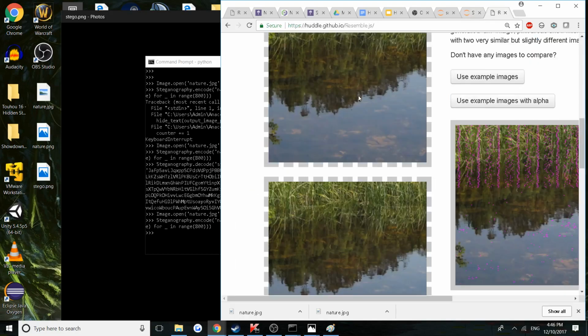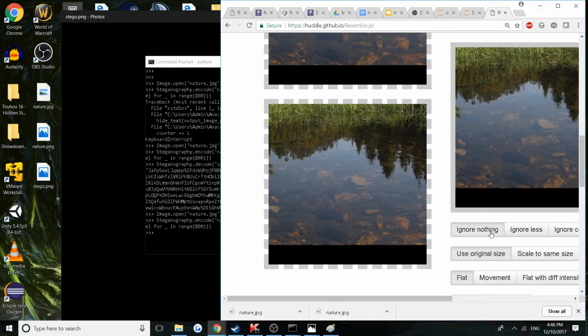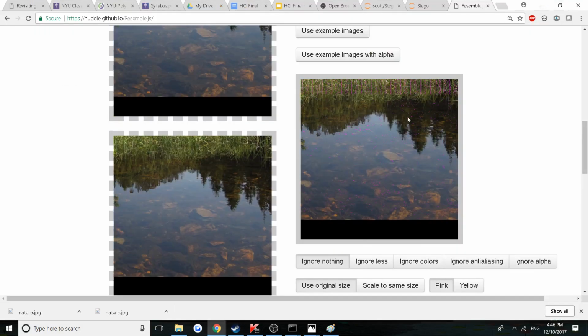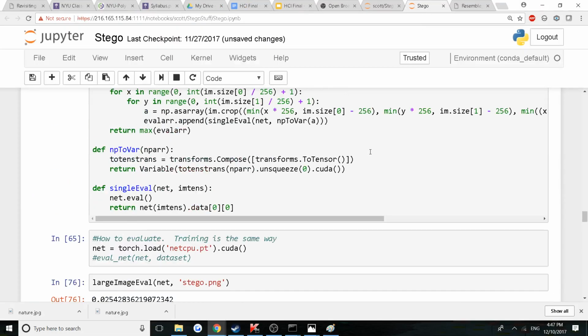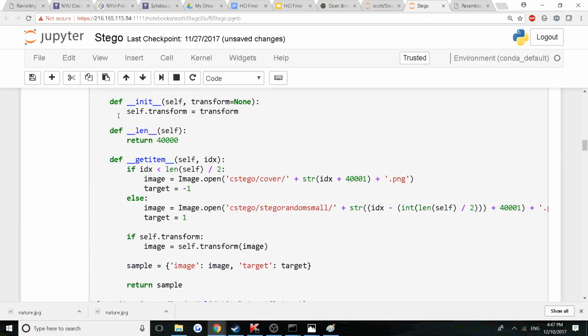And you can see, if we put this in here, it's just much sparser, the differences. It's going to be much harder for the neural network to find. So if you want to train your own, what you're going to need to do is to get a